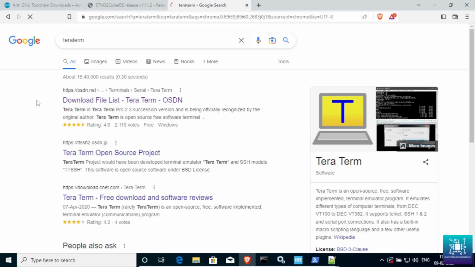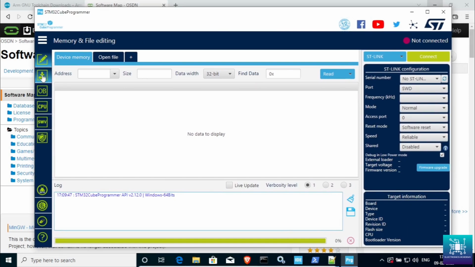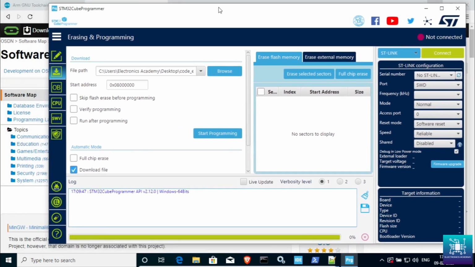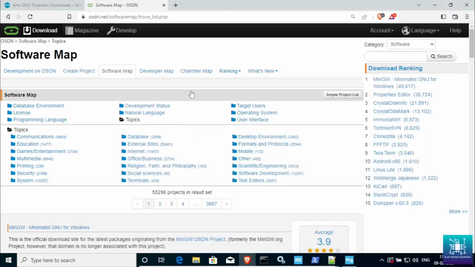So the STM32Cube programmer has come up. So this is how the interface looks like. You need to click on the second icon to flash your binary on the board. So this flashing, if you're using the IDE itself, flashes the code. If you want to do a compile using the make utility and flash the binary file directly onto the board without the IDE, then you need to use the programmer. So now we have come to, so